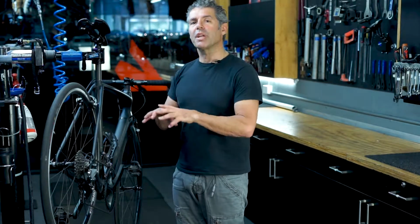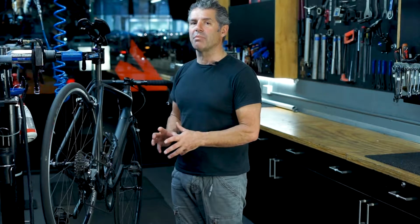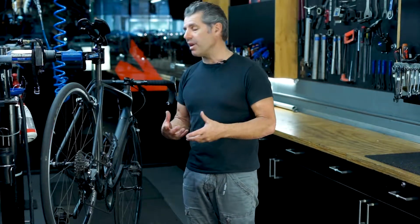The next thing we look at is the overall bike. After a test ride, you don't want to be able to ride over a bump and feel any rattles or any noises anywhere at all. So if you have any noises or rattles, we've just got to go back to find out what's causing those problems. And one of the things that we really like to look at when bikes are fitted really well is